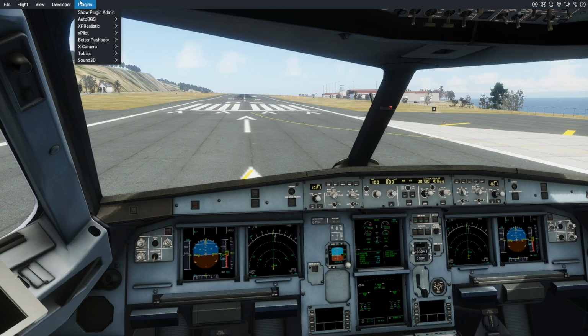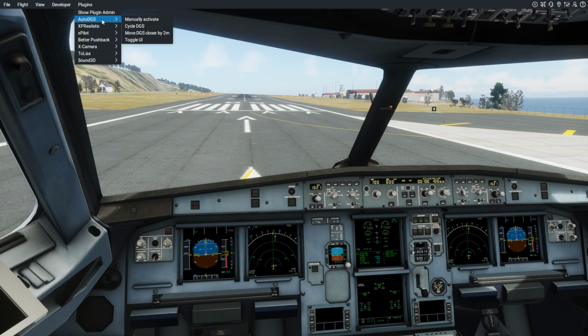For the add-ons, these are probably the hidden gems, I suppose. Again, Auto DGS is basically going to give you a marshaller, or a VDGS, which is Visual Docking Guidance System. Yeah, I got that right. When you go to a gate, you're going to have the little person waving you forwards, or your aircraft's going to be on the screen. It's really neat, and it works pretty much everywhere. And I'm pretty sure it goes gate to gate when you go past them,